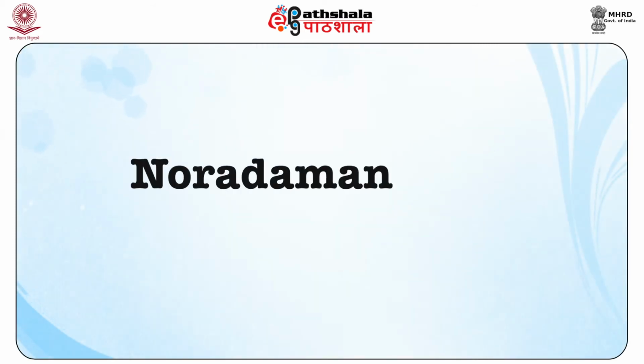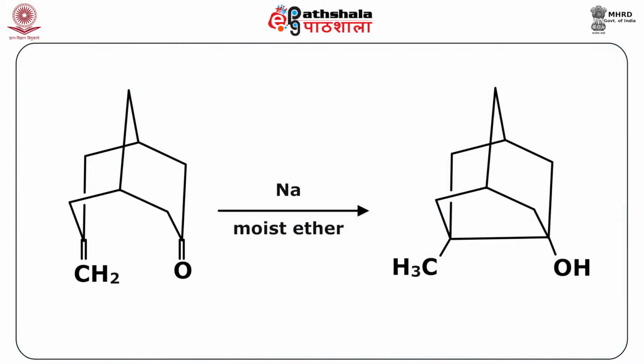Now moving on to the other derivatives, we have noradamantanes. This ring closure again is useful for the synthesis of noradamantanes. It involves a transannular ring closure of a bicyclo 3,3,1 nonyl system. As we all know, 3,3,1 actually indicates the number of carbon atoms in each of the bridges. So you can see the reaction of this 7-methylene bicyclo 3,3,1 nonane with sodium in moist ether provides a noradamantane